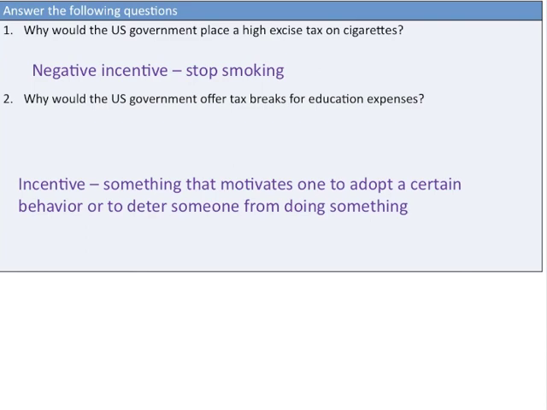A positive incentive would be something that offers a benefit for a certain action. For instance, tax breaks for education purposes. If you go to school or higher education, the government allows you to write that off on your taxes. Again, these are incentives, both positive and negative, to try to create a certain pattern of behavior from a group